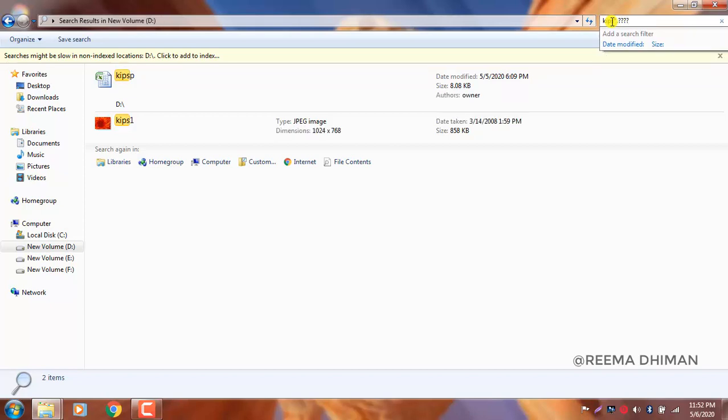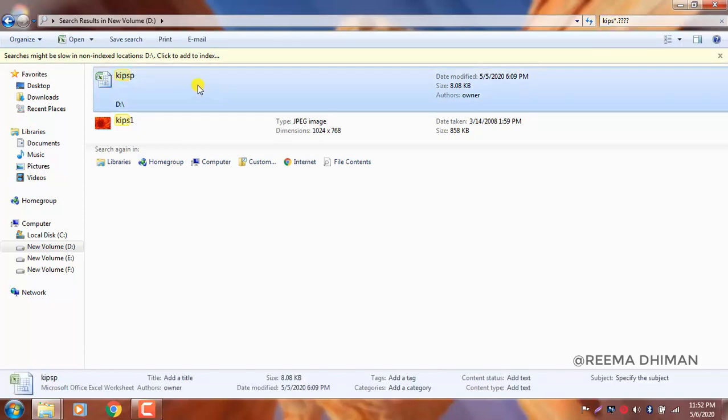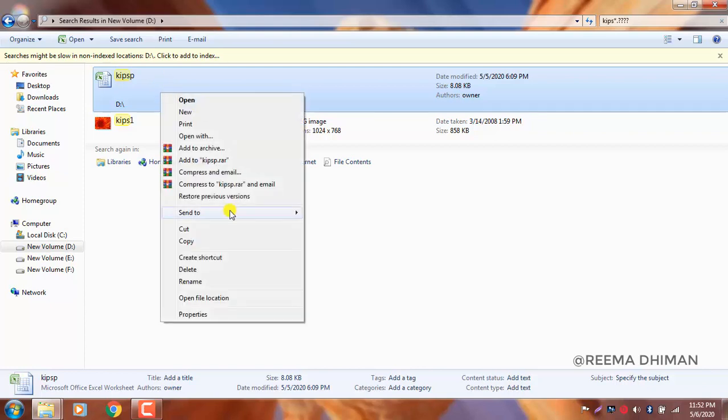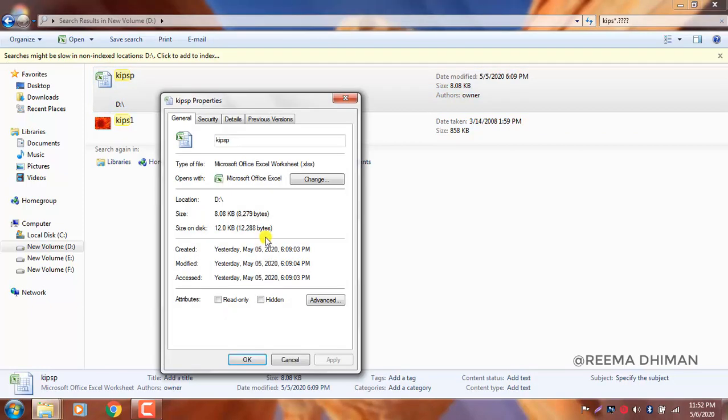So see the search results here. In the first case, the name starts with caps, after that P, and it is an Excel file, so the extension is .xlsx. You can also check in the properties, it will be more clear to you. See this extension .xlsx.